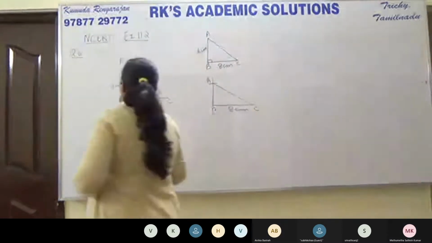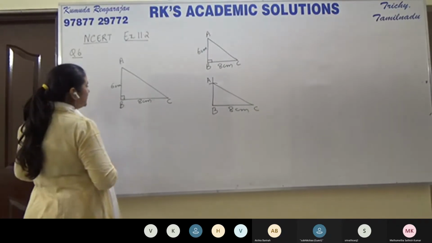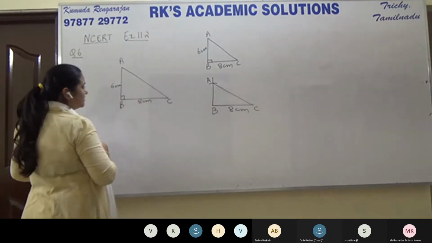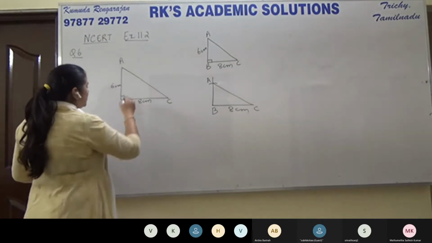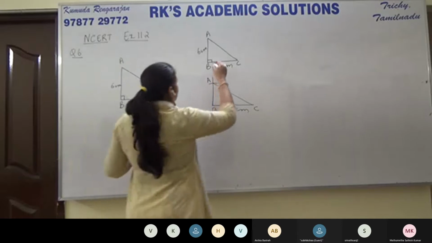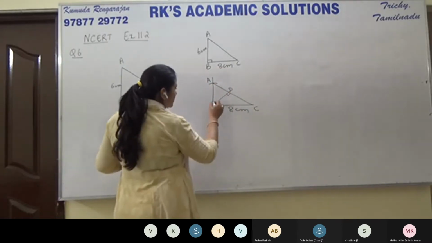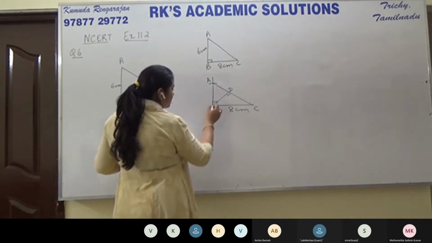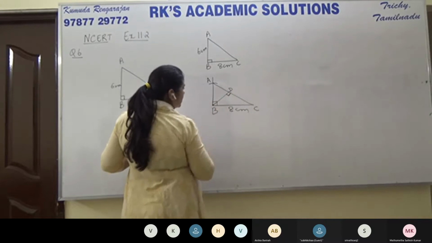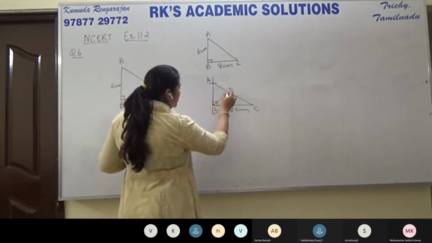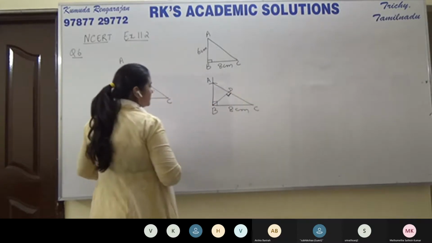Okay. So now the next thing that's given is that BD is a perpendicular from B on AC. I'll repeat that. BD. See here, this BD is a perpendicular. We know that angle B is 90 degrees. So BD is a perpendicular from B on AC. How do you construct BD? How do you get this line segment BD, which is perpendicular to the hypotenuse AC?